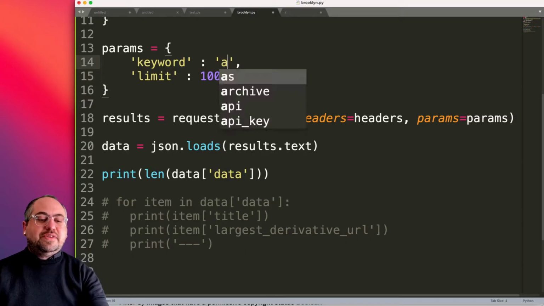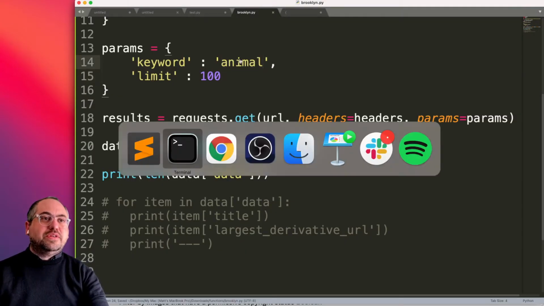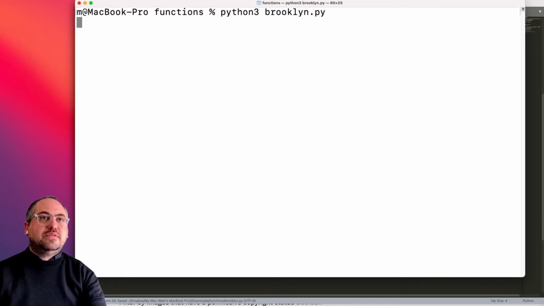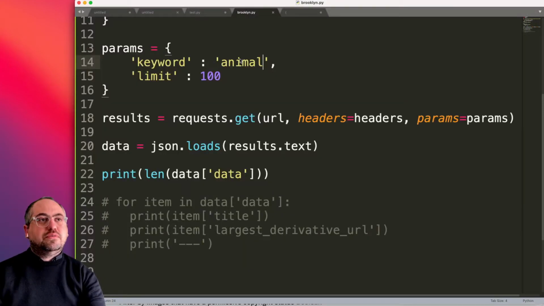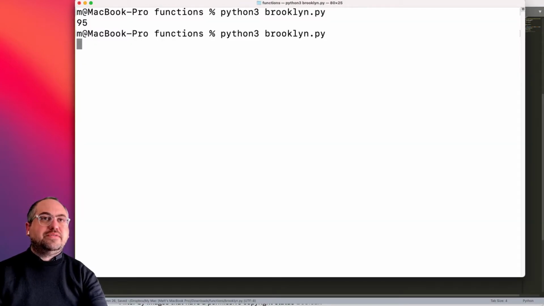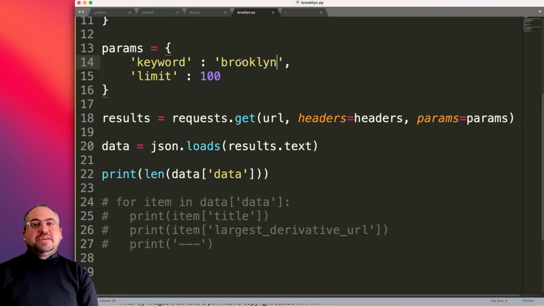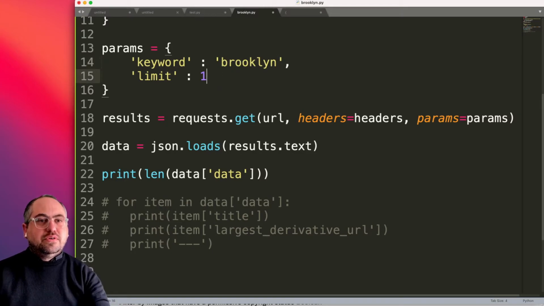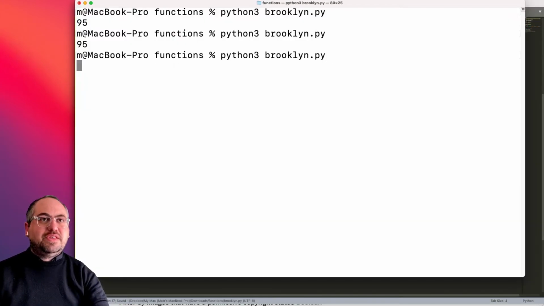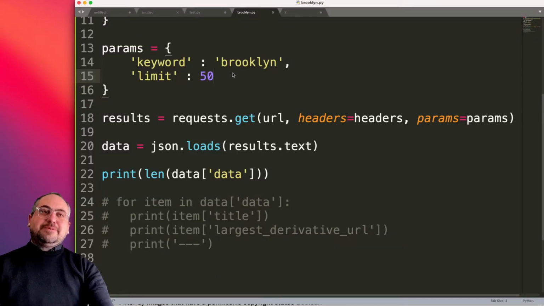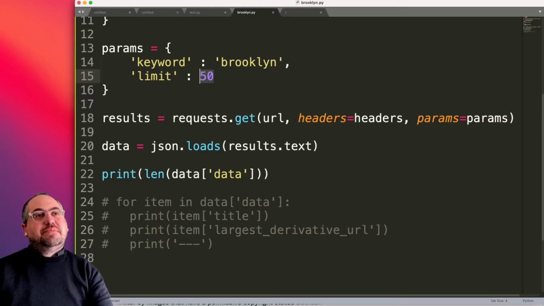Let's see if we change this to animal, if we get more than 95. No. If we change this to Brooklyn, do we get more than 95? No. So we can see here that whatever we're setting it to, if we change this number to 50, do we just get 50 things? No, we get 95. So it looks like, I'm not sure what's going on with this API, but after a